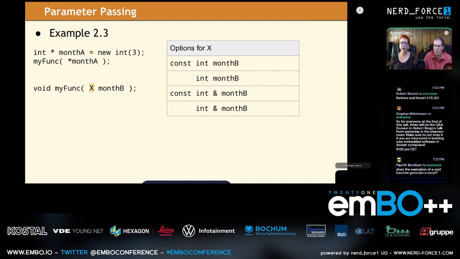So in this next example, we're now going back and we're passing star month A. So we're going to dereference this pointer. And this looks very similar to one of the first slides that we had for X. The first 2 were receiving by value or receiving by reference. And again, this is an L value reference. And it really does matter when we talk about the value category of what we're passing and the value category of what we're receiving. So since we're passing an L value of type int, this was exactly the same as our first example, which was also passing an L value of type int. We were just accessing it differently.